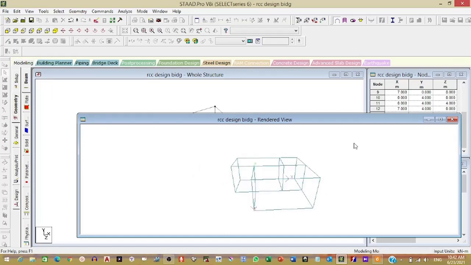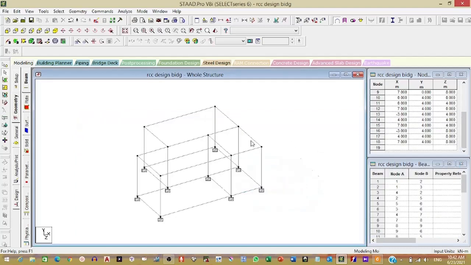Then you add the slab panels. We'll add the slab panels.